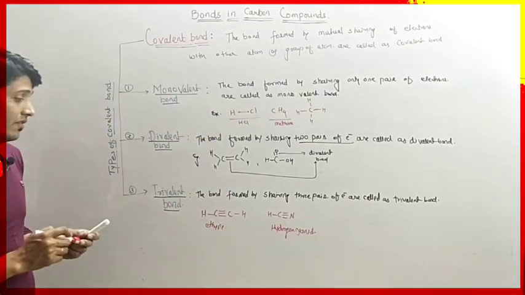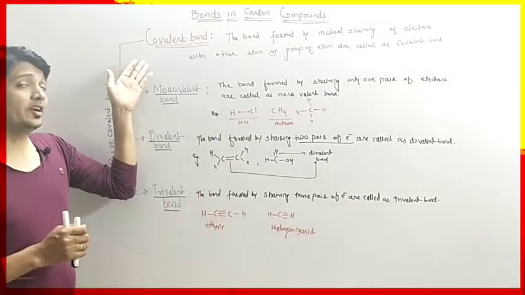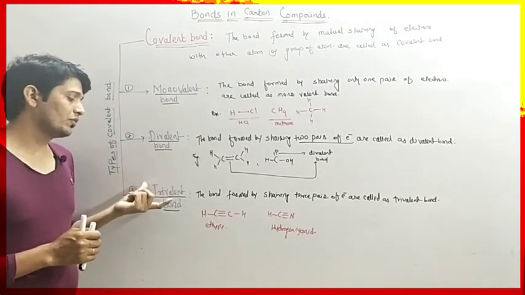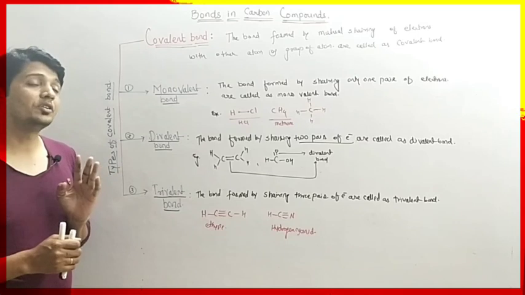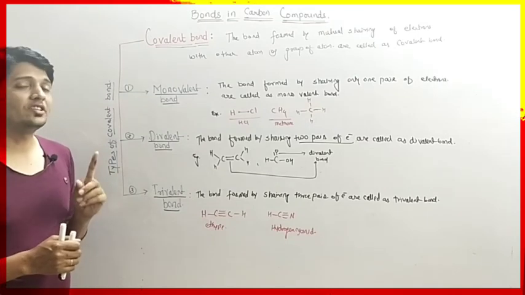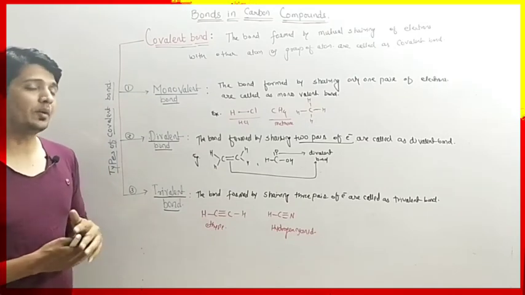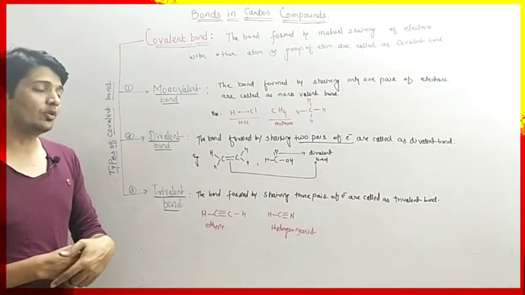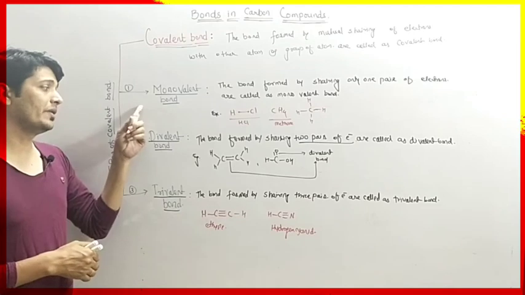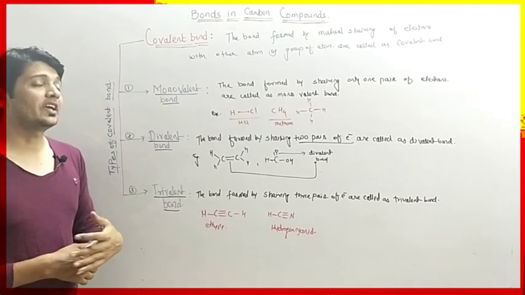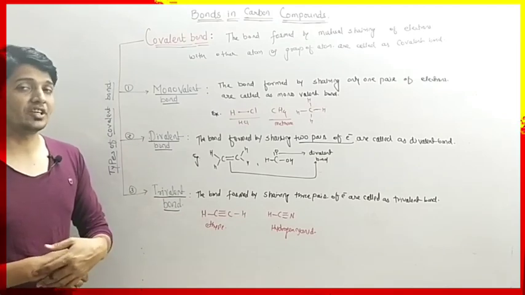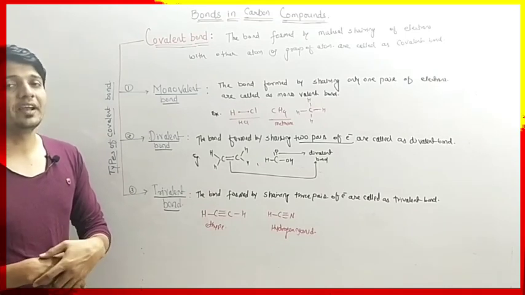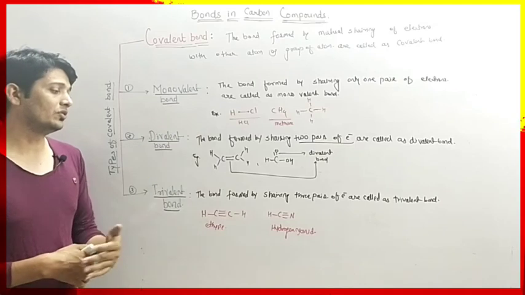So likewise we have covalent bond and there are three main types. These types of covalent bond are on the basis of presence of double bond, single bond or triple bond, or whether they share one pair of electron or two pairs of electron or three pairs of electron. They are of main three types. This is again a very important part that you have to understand, because it is going to help you in this session as well as in next standard also. So write down this part.